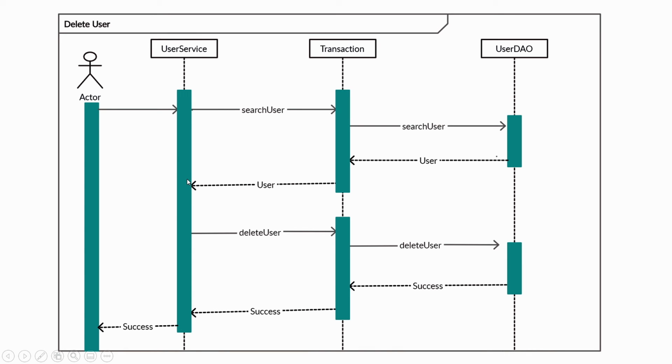And again, once it gets the user, it will initiate the delete user. So again it goes to your DAO layer, then it will delete it, and again it will succeed. Okay, so if you see, the sequence diagram mainly gives you the detail at the ground level, how different object states will change or transition from one state to the other by showcasing the objects and the messages between those objects.